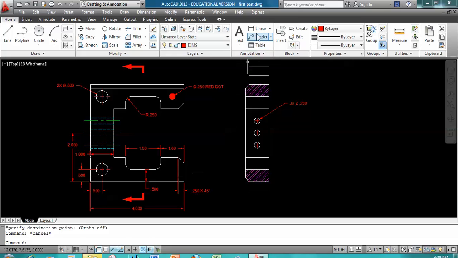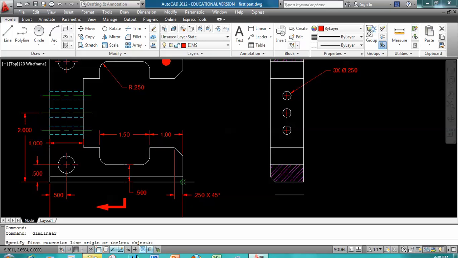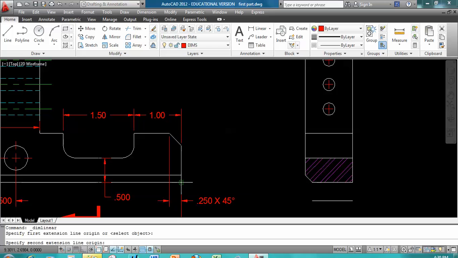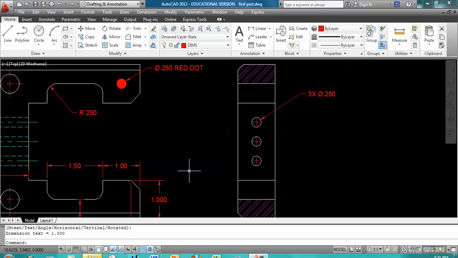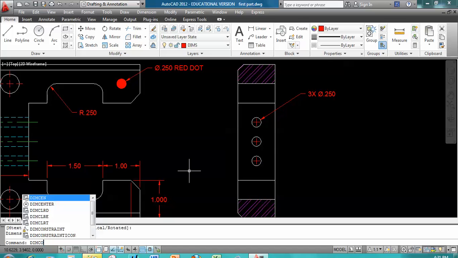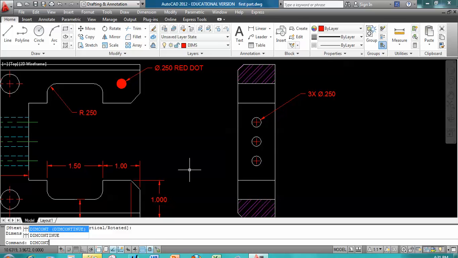So we select dimension linear, pick the endpoint, and pick this point, place the dimension right here, and then we can use dim continue, and then pick this point